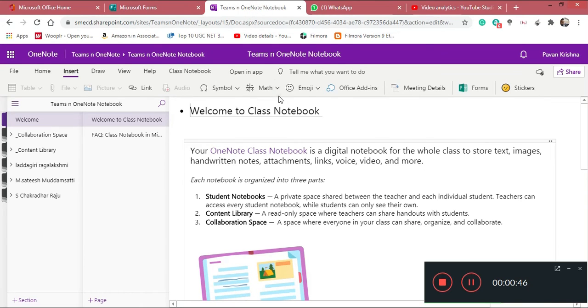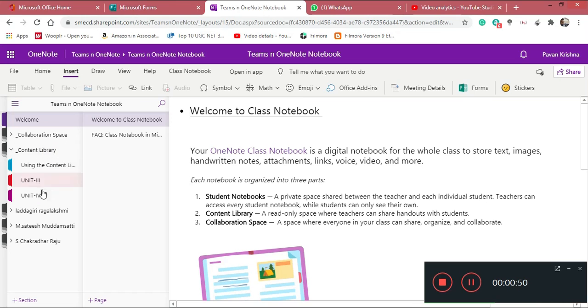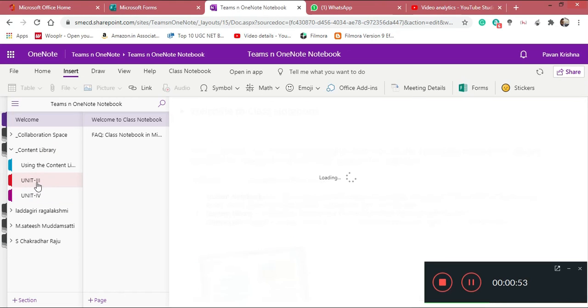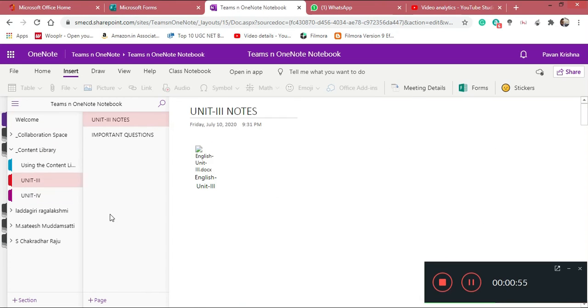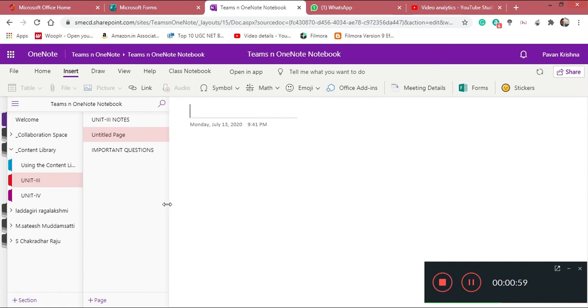Now I will show you how to share this particular quiz on OneNote. I am going to click on unit number 3 over there, and thereafter I am going to create a new page called quiz. After that I will click on insert, and when insert is highlighted, there is one more option which is forms.